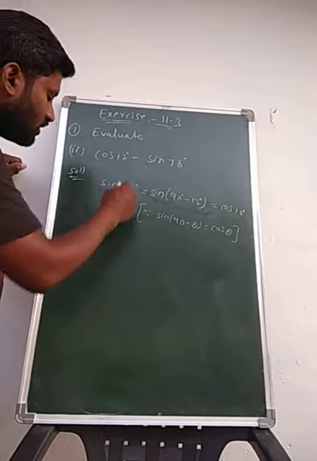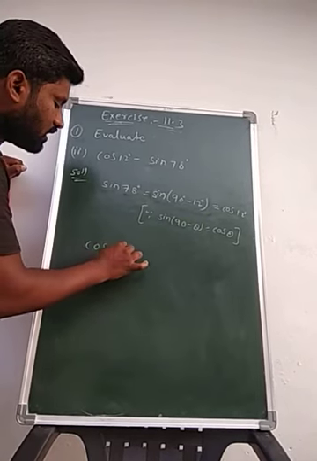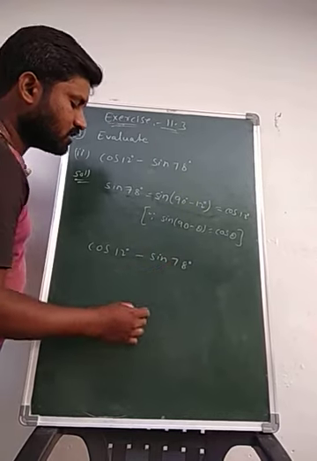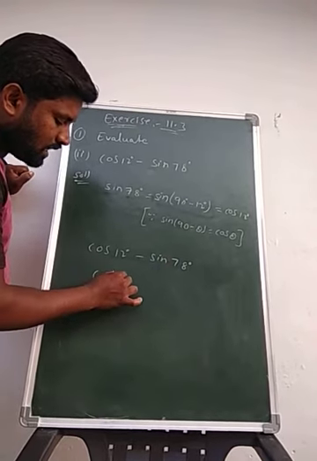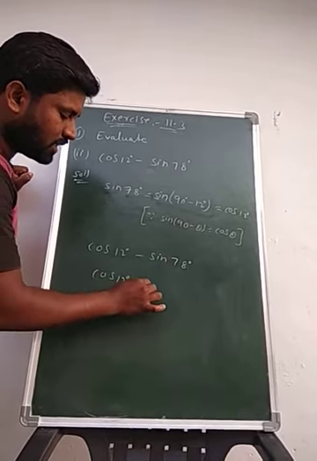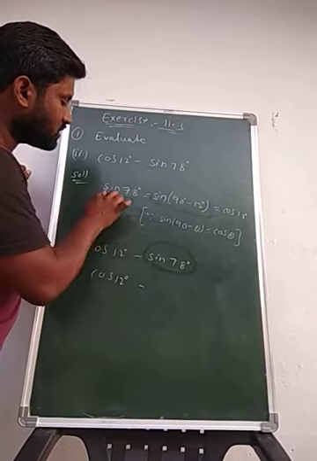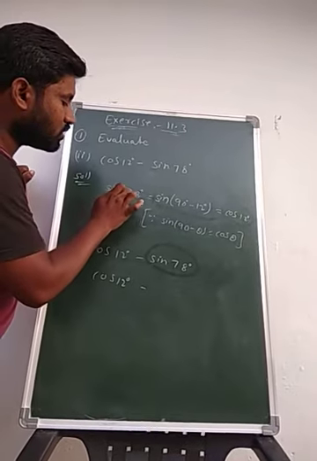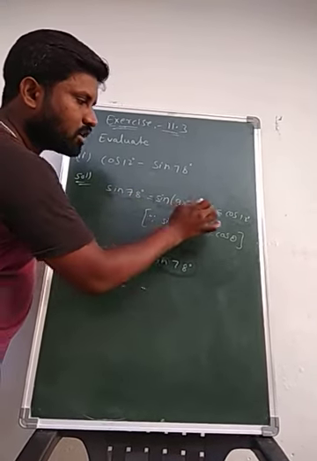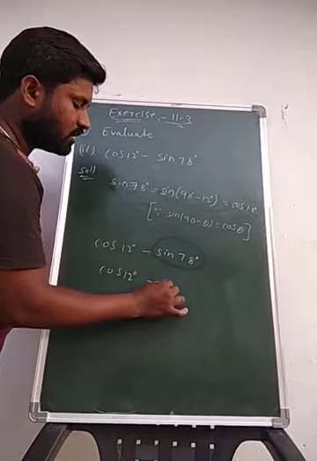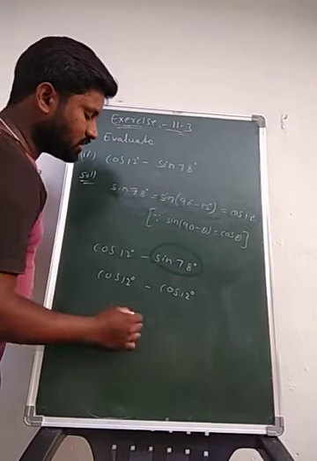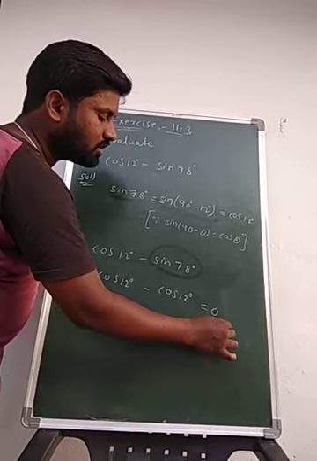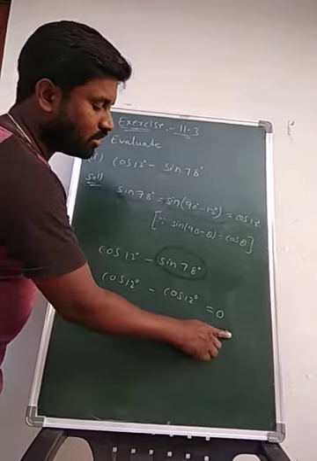Now I am writing the given part, that is cos 12 degrees minus sin 78 degrees. So cos 12 degrees I am writing as it is, minus sin 78, in its place we get cos 12 degrees. Okay, sin 78 in the sin ratio becomes cos 12 degrees in the cos ratio. Then cos 12 degrees minus cos 12 degrees is equals to what? That is zero. This is the required answer. Okay.